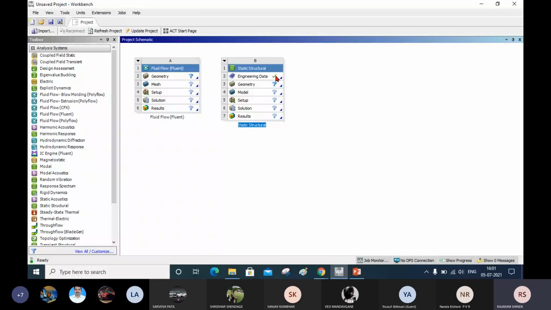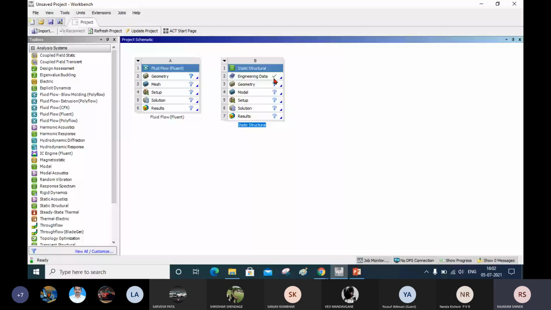Okay, and one more thing I want to tell you, here you have one green tick. The meaning of green tick is that the step is completed. Okay, how is it completed? Because by default ANSYS static structural will take steel as the default material, structural steel as the default material, so it is showing this step as completed.